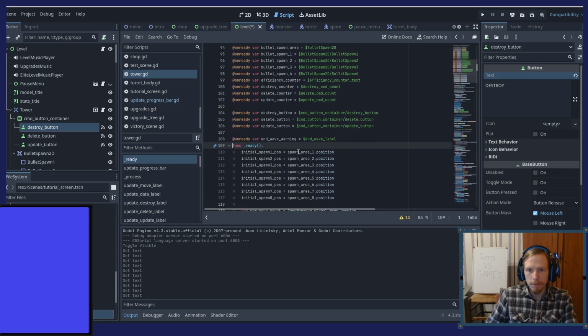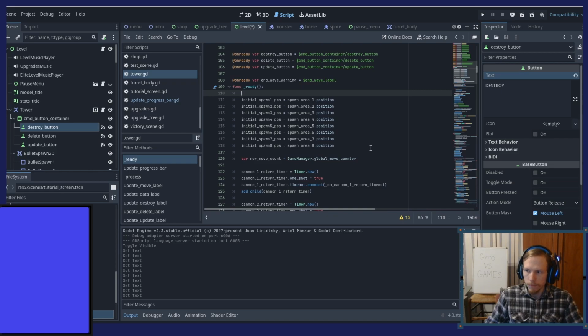Okay, I have them here already. So let's try this. Destroy button text.